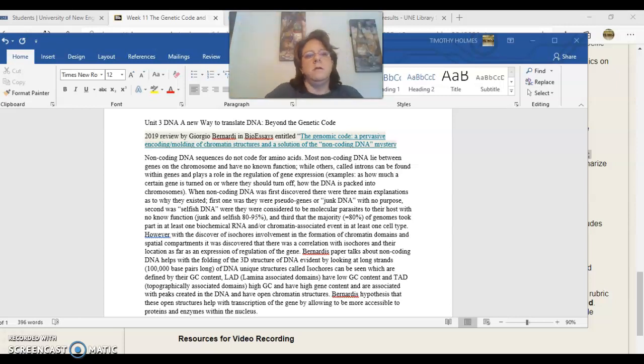This is my Unit 3 DNA, a new way to translate DNA beyond the genetic code presentation. In the 2019 review of the article by Giorgio Bernardi in Bioessays entitled The Genomic Code, a Pervasive Encoding, Molding of Chromatin Structures and a Solution of Non-Coding DNA Mystery,